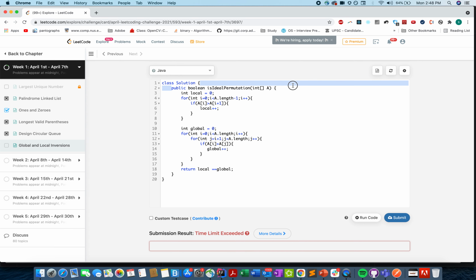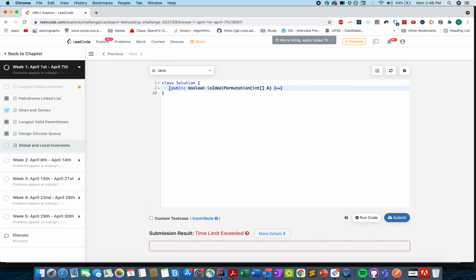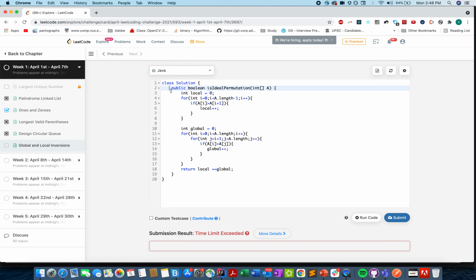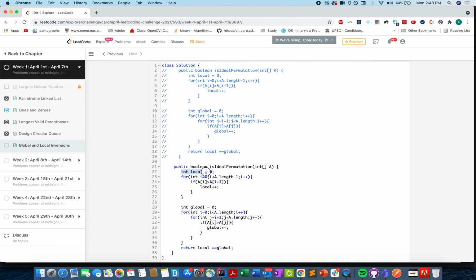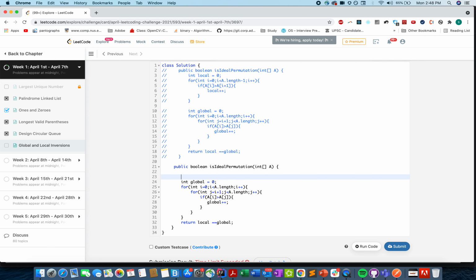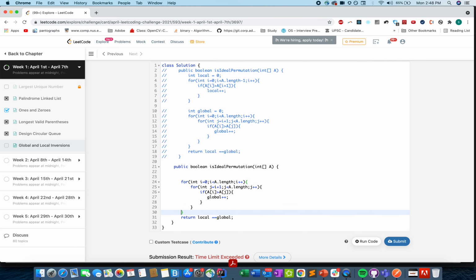So let's try the second approach, the modification of the first approach. And let me just comment this code. Here I'll only be calculating the negation cases. So I'm deleting the local count variable. We are not concerned about it. And also the global count variable.